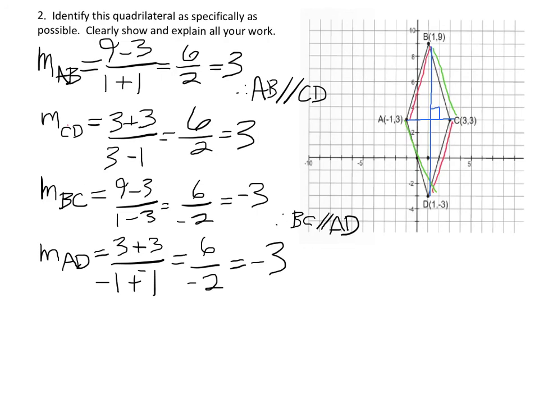And I know it's not a square because those sides are not right angles. So, therefore, I can conclude, if I kind of cleverly put it, I don't have to show exactly that those diagonals are perpendicular. I can just explain. Therefore, ABCD is a rhombus